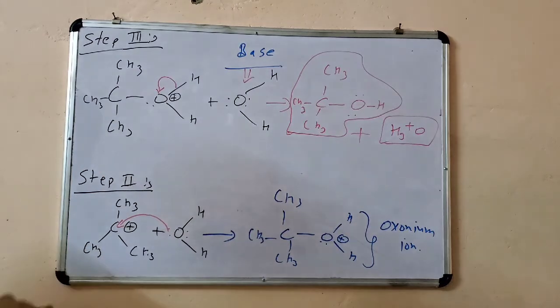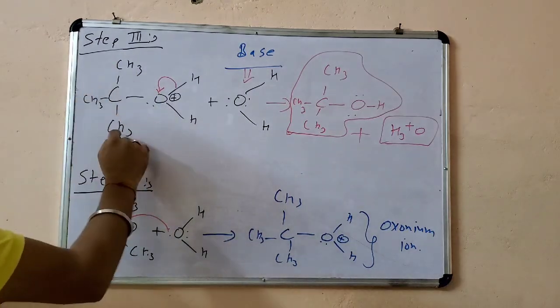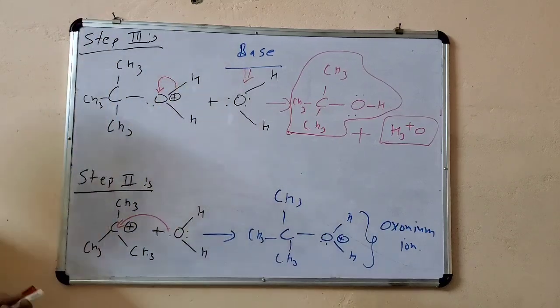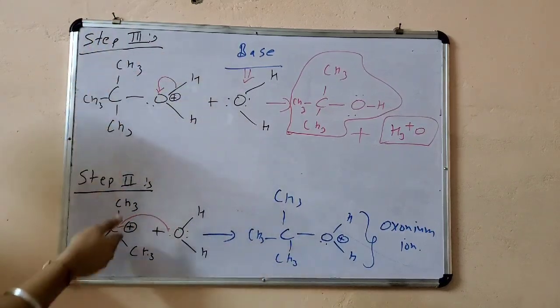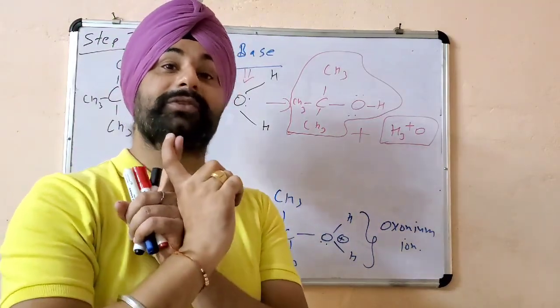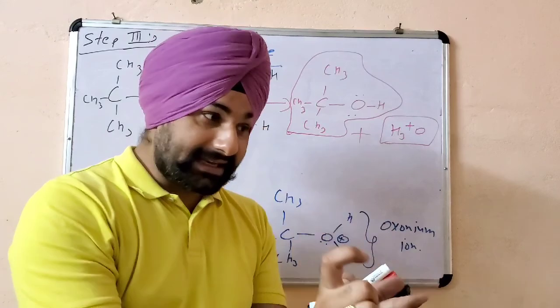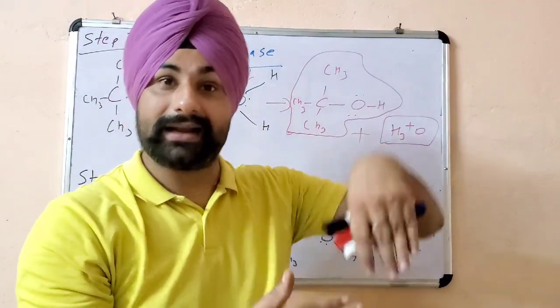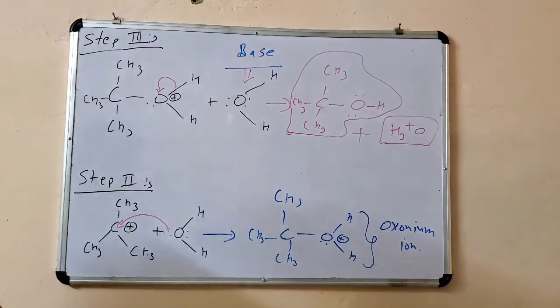In this SN1 mechanism, here is the hindered side. This nucleophile cannot enter here, so it is a two-step mechanism. It is three steps, but the actual reaction is a two-step mechanism. In the first step, there is formation of a carbocation, that is an intermediate state. In the intermediate state, the nucleophile will attack the carbocation and the product is formed in this SN1 mechanism.